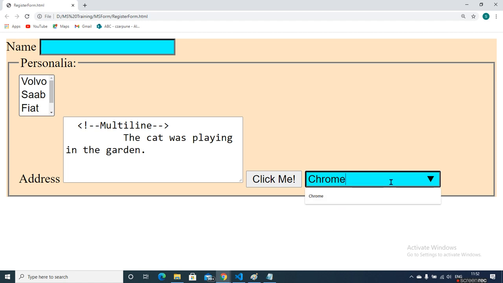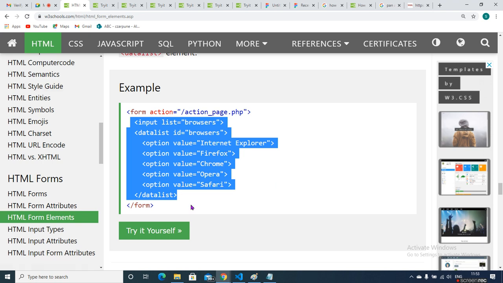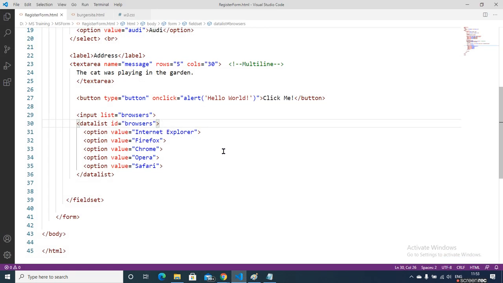The datalist lets you provide your own information. You can say Safari is also there. You can say Yahoo also, meaning you pass your own input here. But in a drop-down list or select element, we don't have such a chance to enter our own value. This is the difference between these two.